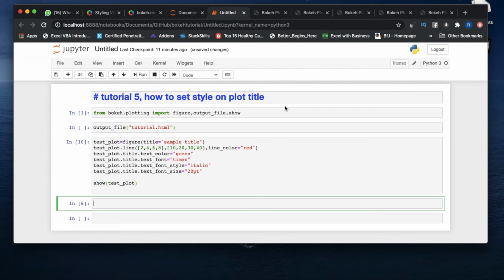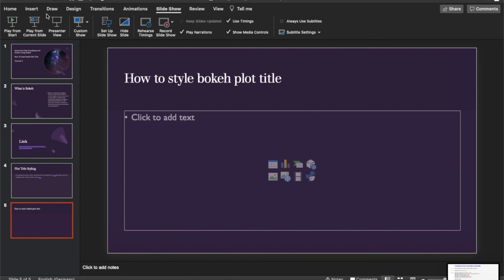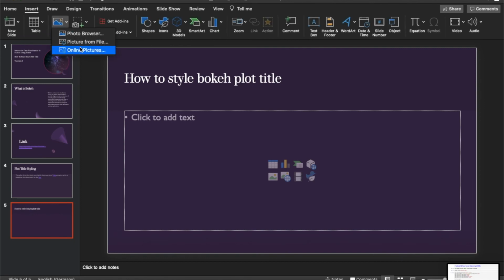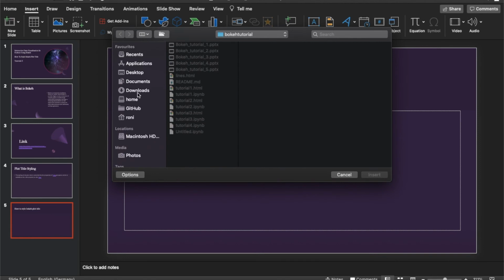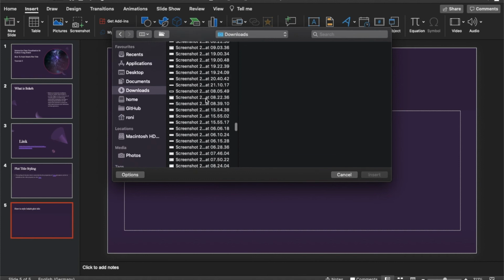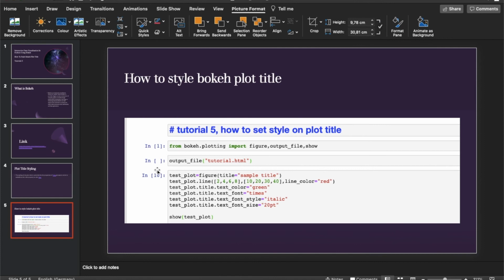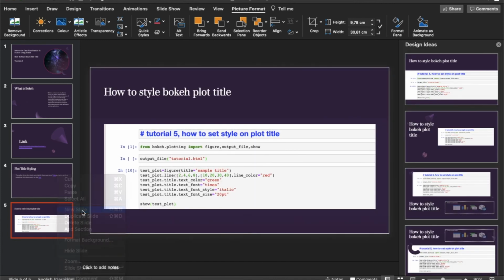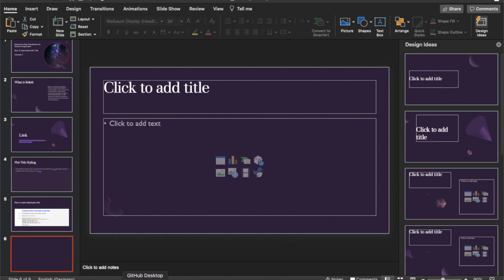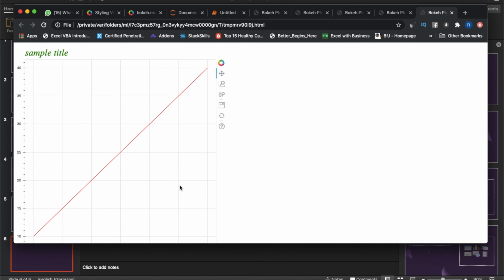Okay, so what I'll do, just give me some time, let me just copy this over here. Okay, picture from file, download. Okay, it's going fine, and maybe I can just create a new slide, and inside the new slide I'll put the resultant HTML, so that will help all of you.